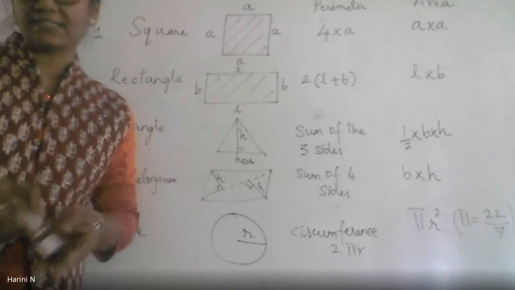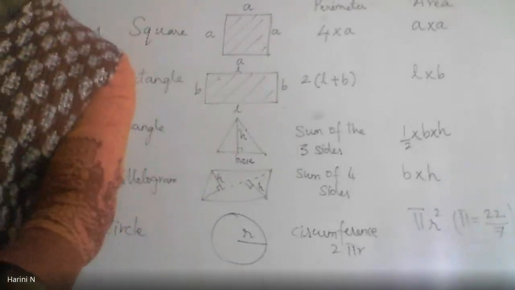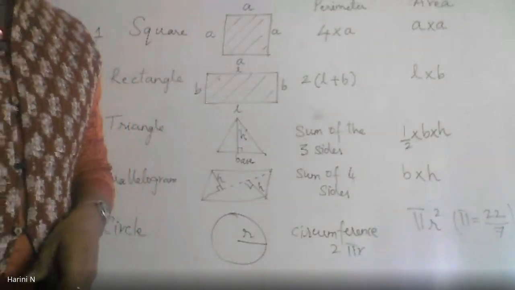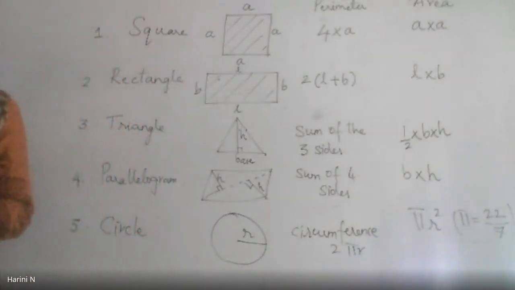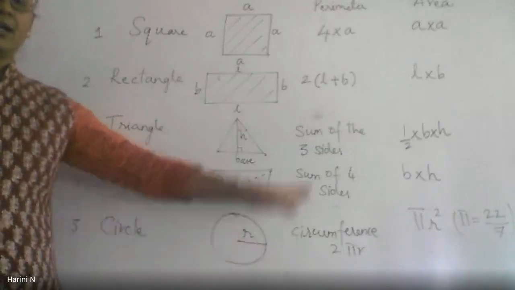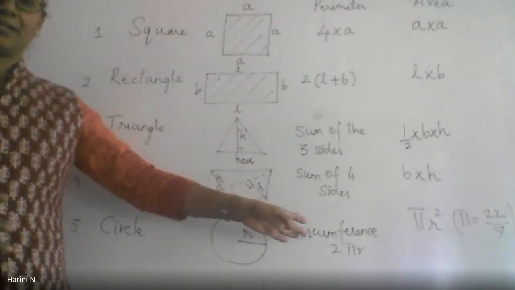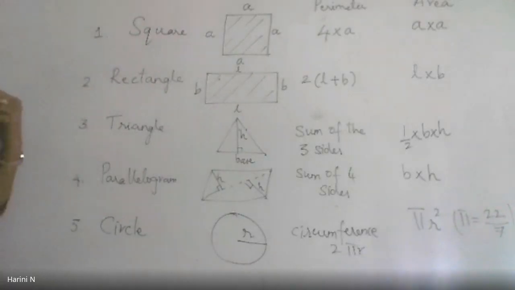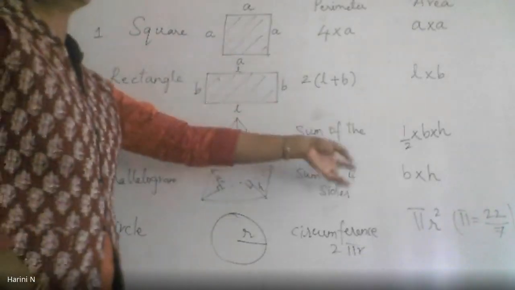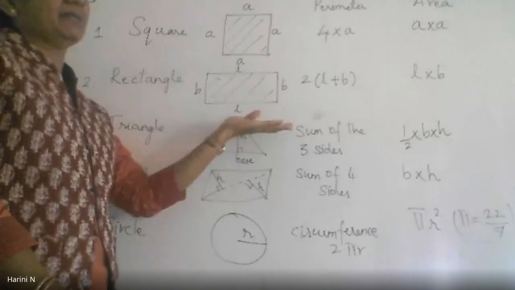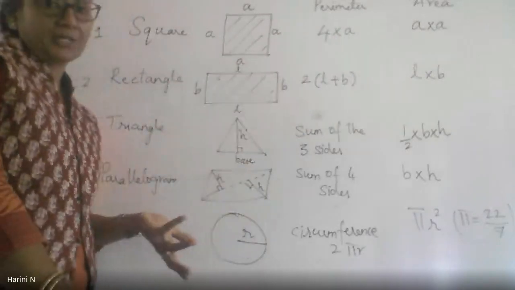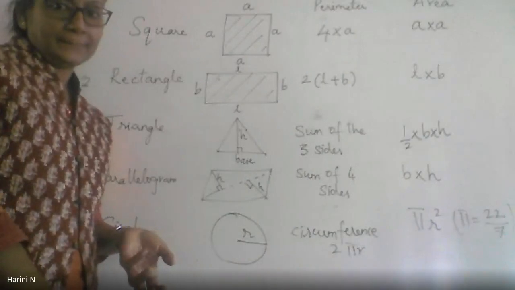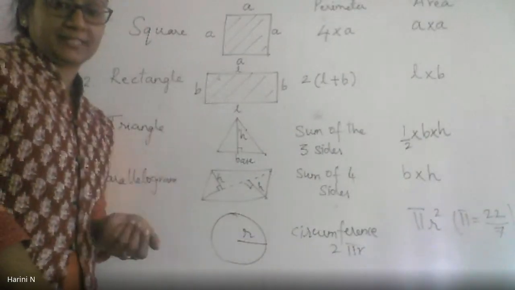This you will please write down in your classwork. Because we will be taking up 2 or 3 examples of how to find perimeter and areas of various polygons, for which you must know these formulae. I should not be recalling this formula every time. Whenever you are able to identify the polygon that is given in the question, you should be appropriately substituting the formula for perimeter or area depending on what is asked in the question. Is that clear? Should I wait for some more time or shall I proceed?